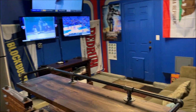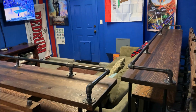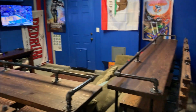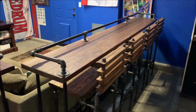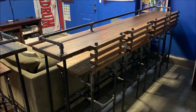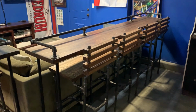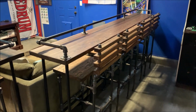So originally I was gonna make like an actual bar right here, but then after thinking about it, I decided to put a couch out here and put televisions, and then make these. They're called sofa tables, if anyone's interested in them. And my buddy Chuck actually built these for me. You can find them online. They're not cheap. So if you know somebody who does woodworking or builds things, see if they can make you